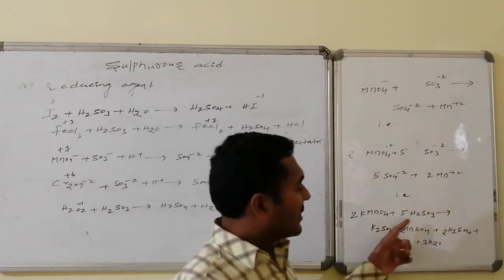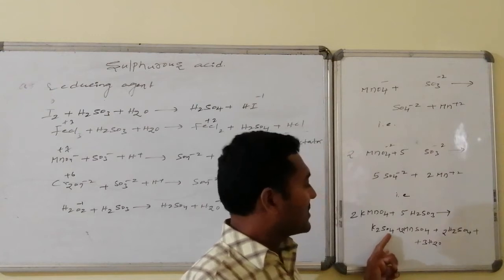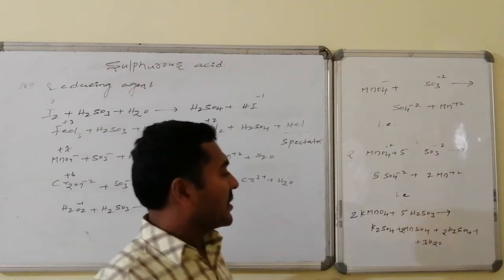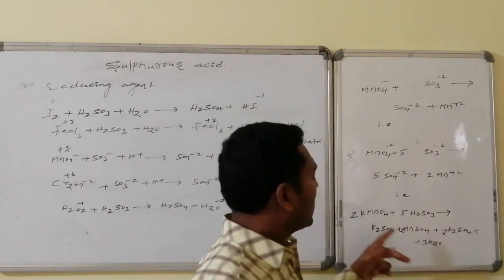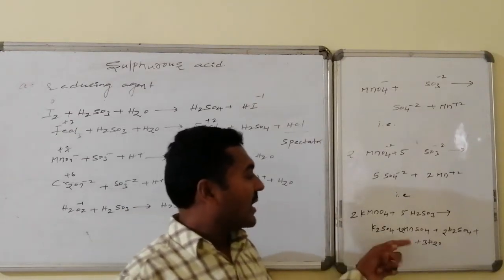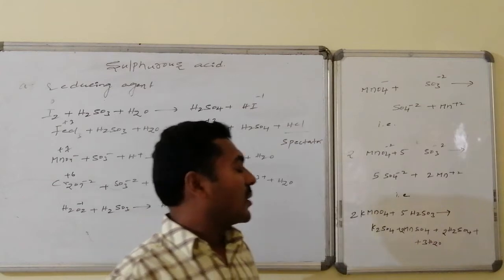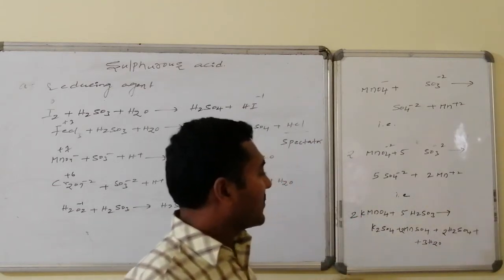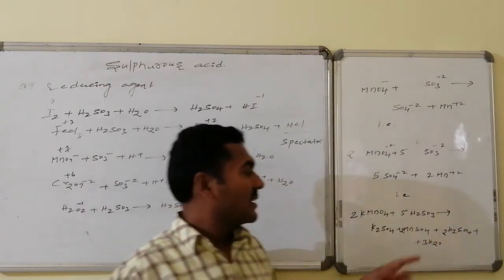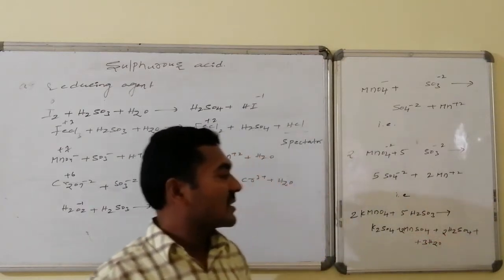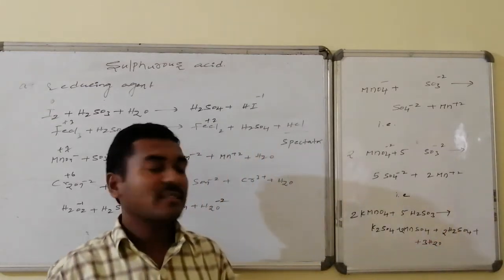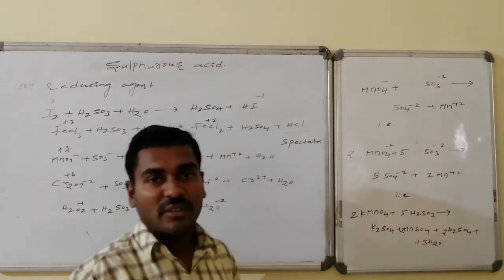Here, in the conversion of sulfite to sulfate, 1 oxygen, 2 oxygens, 3 oxygens are consumed. But out of the total number of oxygens involved in the oxidation process of KMnO4, K is present as a spectator ion, and manganese is also present as a spectator ion. Out of the total 8 oxygens, here 1 oxygen is consumed, here 2 oxygens are consumed, total 3. 3 plus, here once again 4 oxygens are consumed. 3 plus once again 2, 5 oxygens are consumed. The remaining 3 oxygens are present in the form of 3 water molecules.